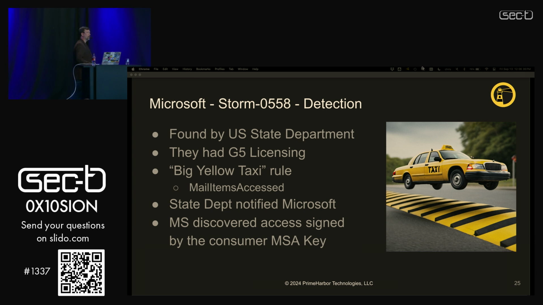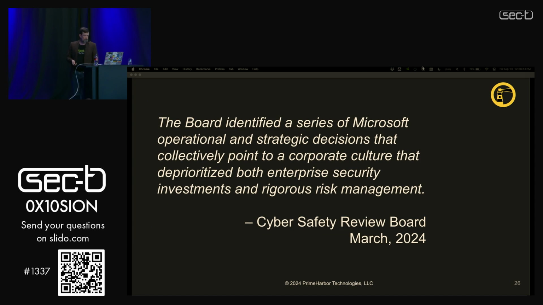That allowed them to see, we have some very VIP mailboxes that are being accessed, not by those VIPs. What's going on here? So they notify Microsoft. Microsoft says, these accesses are all signed by a consumer key. That's odd. So this was all investigated by the US Cyber Safety Review Board,